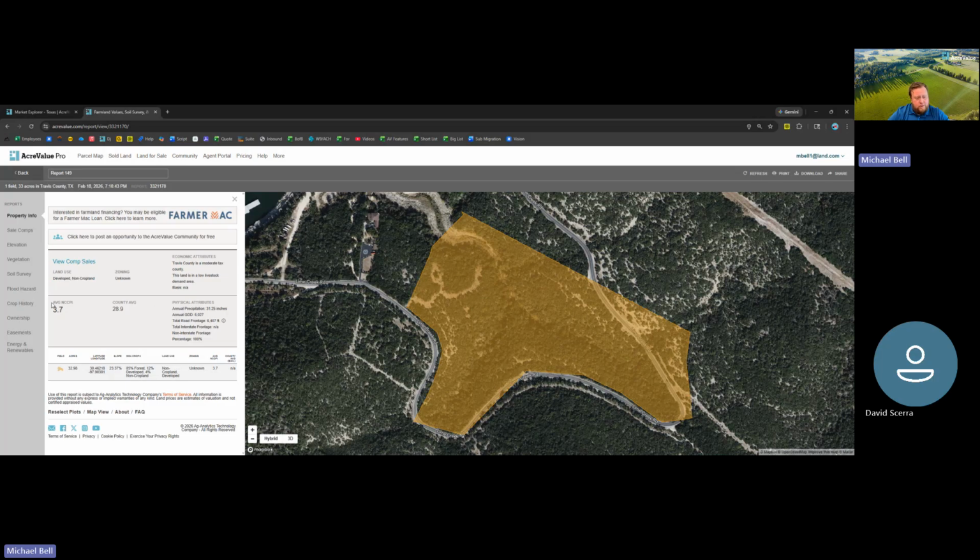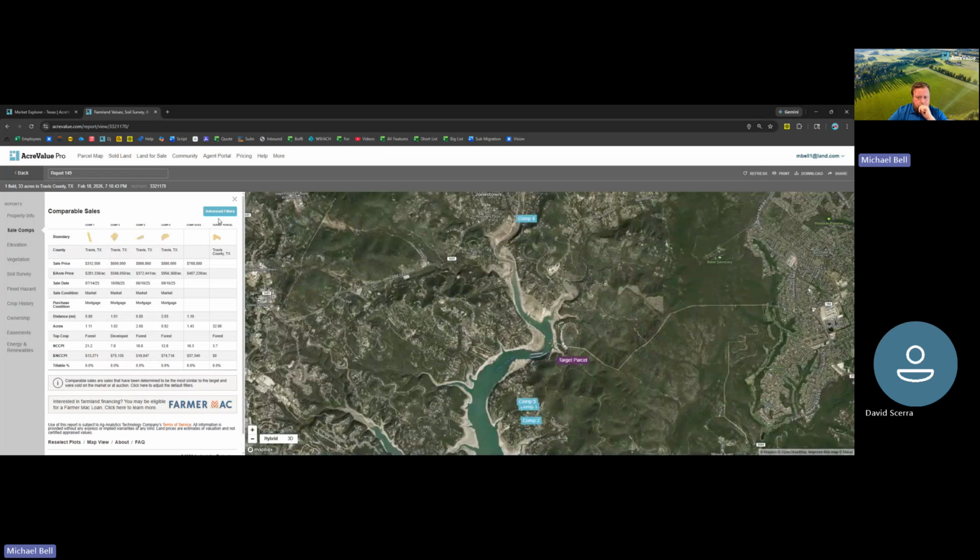So as you can see here, average NCCPI, that soil quality is way below that county average. So it's not great for any kind of cropland. It looks like it's about 85% forested. So lots of trees that we can go ahead and utilize.